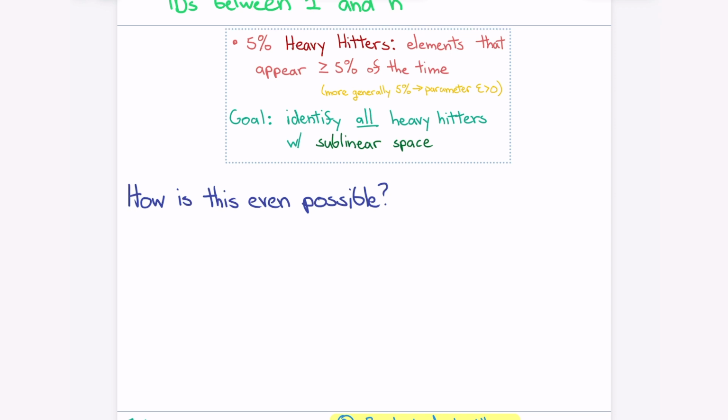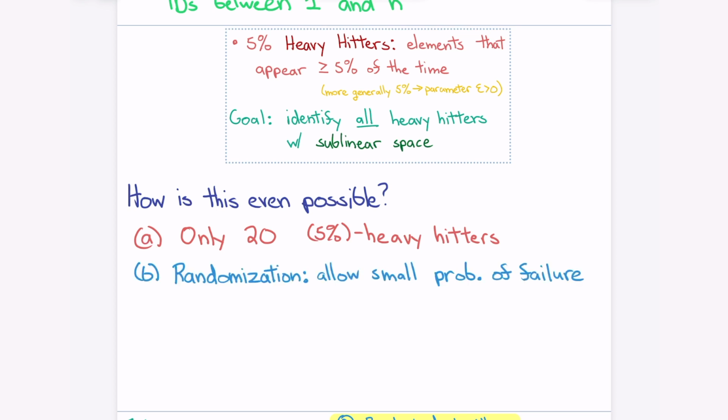At most 20. At most 20. Because each occupies 5%, and at some point it adds up to 100%. Right? So the fact that the output that we're going for is small is also some amount of hope. Okay, so between approximation and the fact that we only want the heavy hitters,